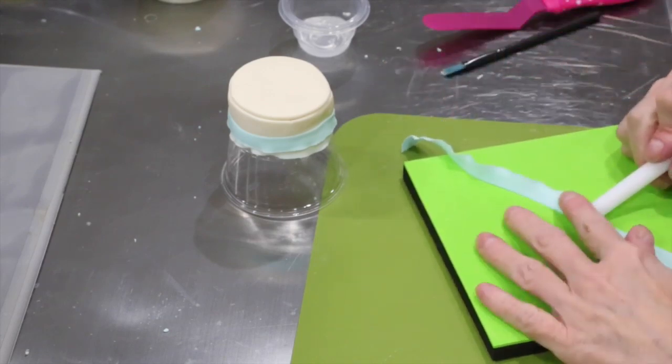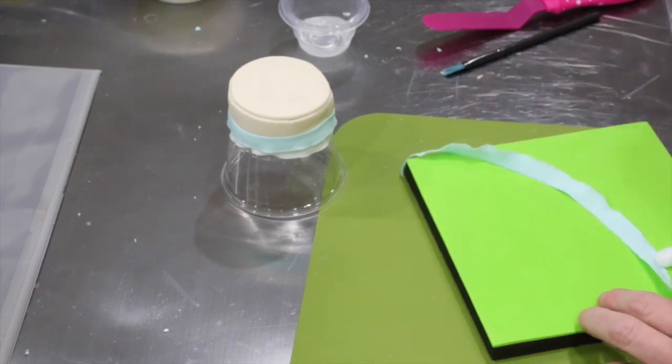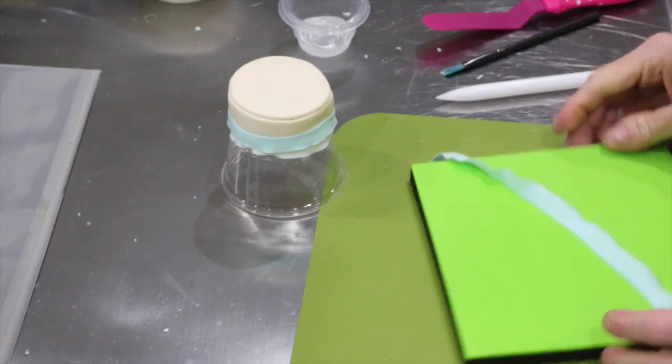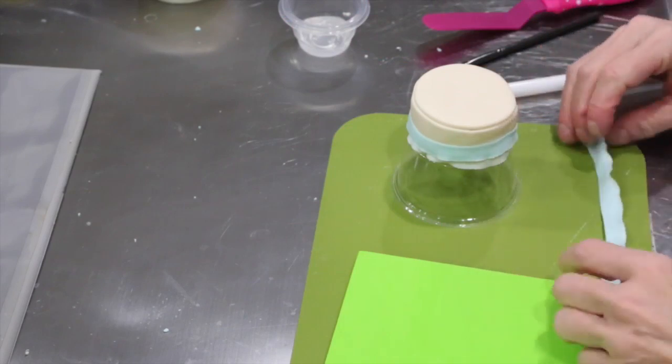And the reason I mix it with just a little bit of gum paste is because you need those frills to really stay open for you. And if you don't, sometimes your fondant will start to drag or sag a little bit, and that wouldn't look okay. Alright, so now that we have the right side going on,